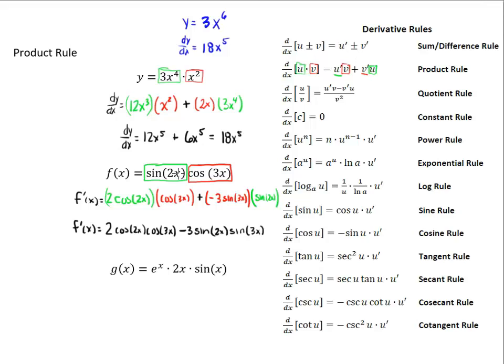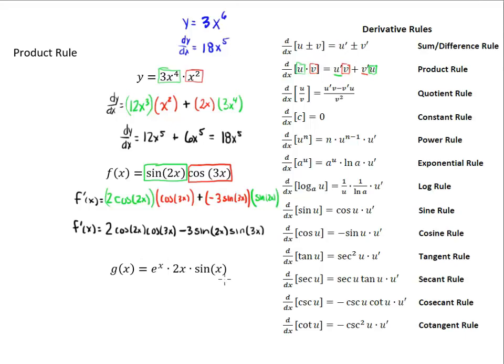All right, now on to g. This one's a little bit different. I've got 3 expressions being multiplied. Now, with the sum difference rule, it doesn't matter how many expressions you have being added or subtracted or both. You just take the derivative of each of them separately. However, with the product and the quotient rule, it does matter. So the product rule, this rule is for 2 things being multiplied together,